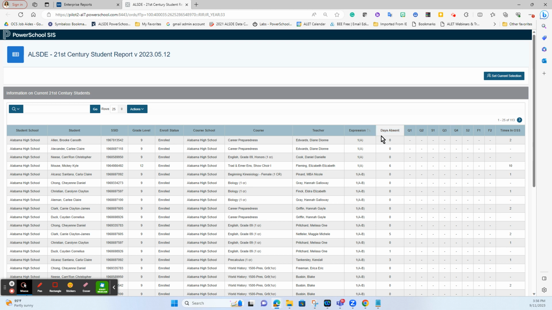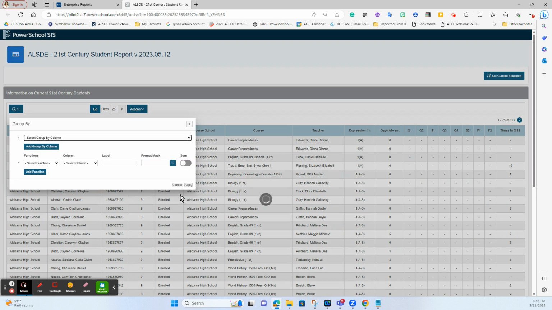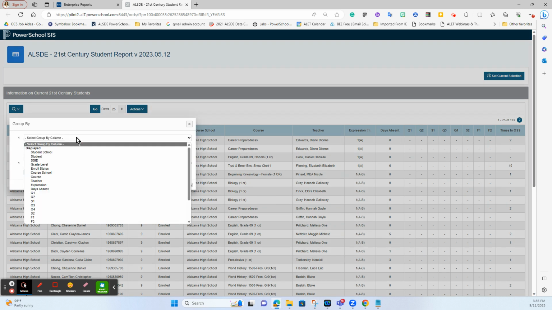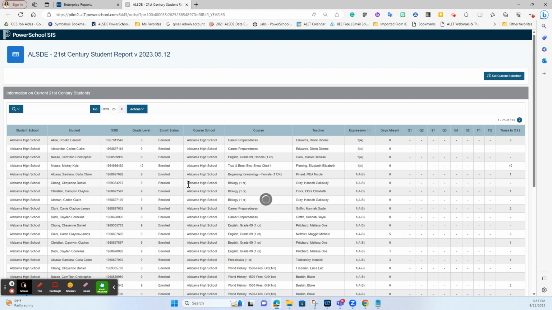One of the things that I would highly suggest doing is sorting this by student. So right now they're just all over the place with no rhyme or reason of how these are categorized together. So what I would do is come into actions, come to format, and group by. And what I would group by is you can do it by SSID or the student or the name. So if I pick by student and hit apply,